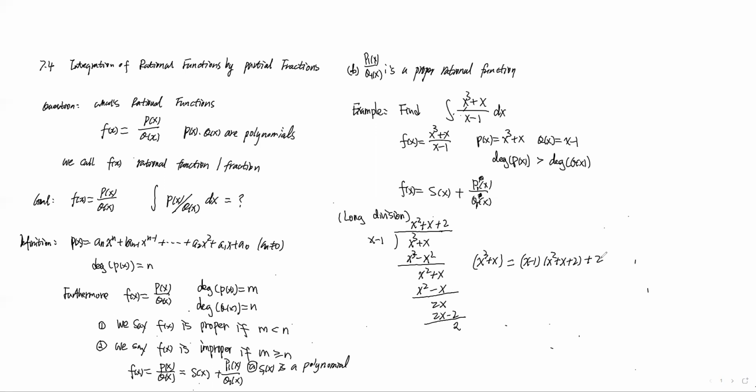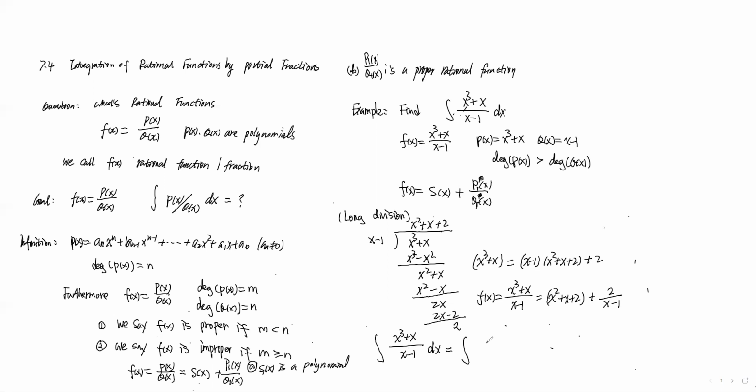Then f(x), which is x cubed plus x over x minus 1, equals x squared plus x plus 2 plus 2 over x minus 1. So for this problem, the integral of x cubed plus x over x minus 1 dx is, by the computation, or you can say by long division,